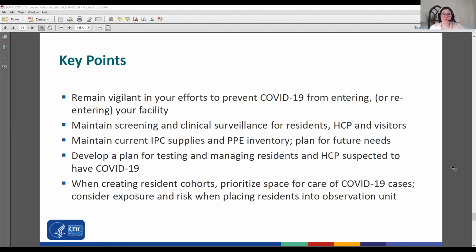Create a designated space for COVID-19 care, including thinking about how you can dedicate healthcare personnel to work on that unit, keeping in mind that a unit like this may possibly be useful for other infections as well as we begin to get into respiratory virus season. And have a plan for the testing that you will do or that you may need to do, as Nimali was discussing earlier, for residents and healthcare personnel. And then I also want to add in the importance of making sure that you are reporting COVID cases,